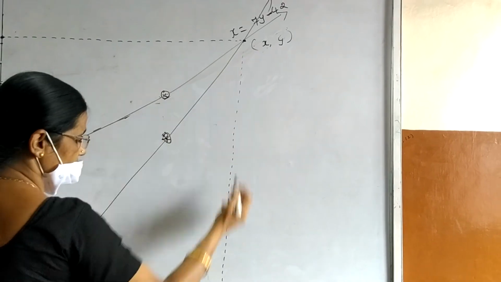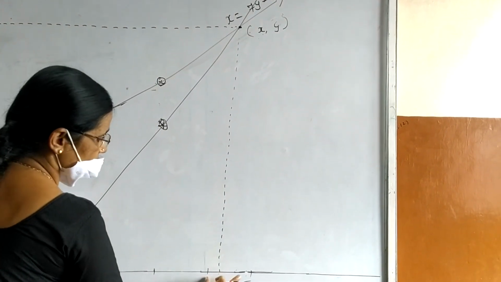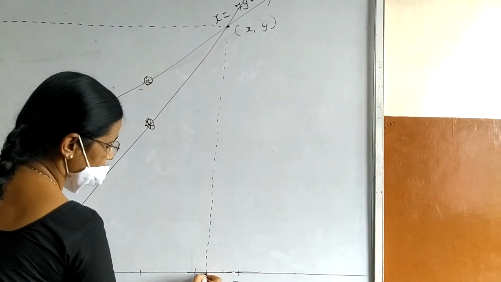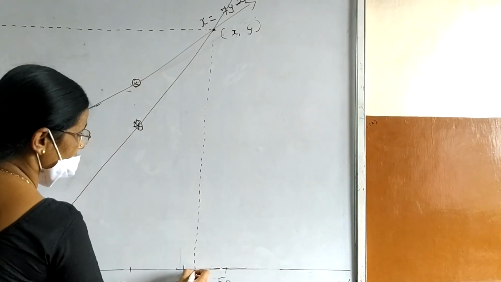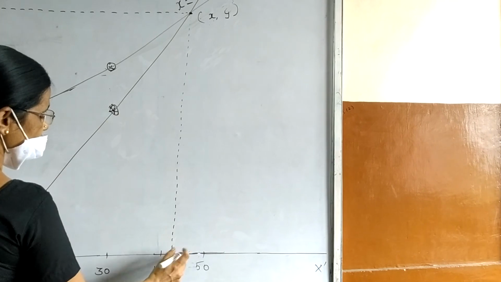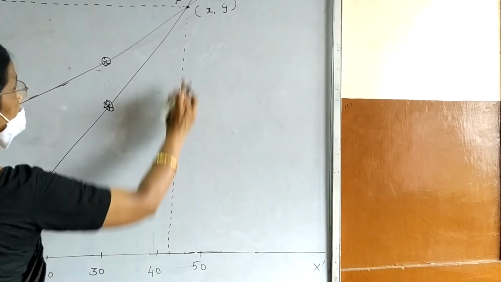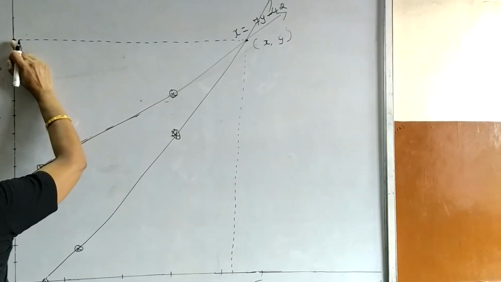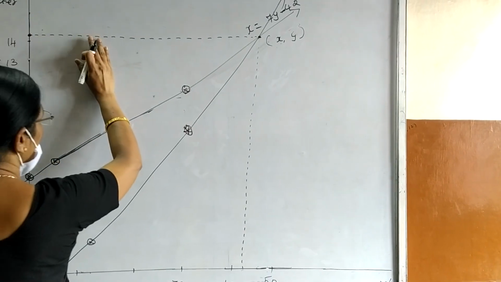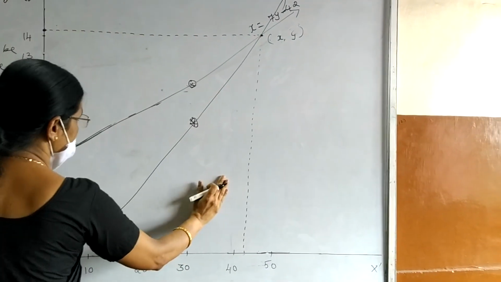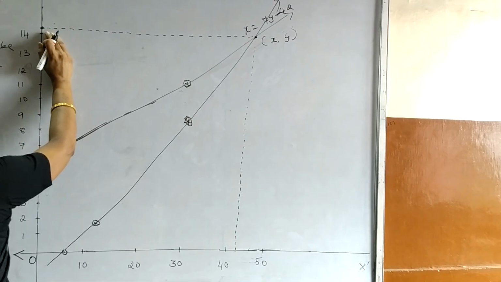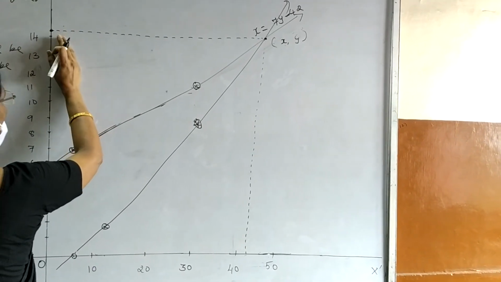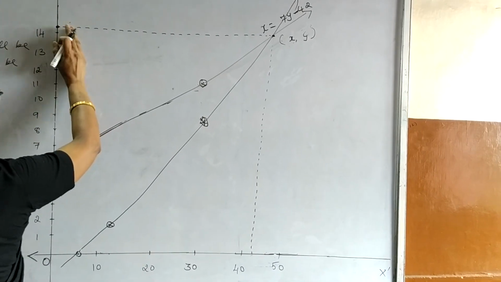So here x equal to 42 is between 40 and 50. I think it will be the second smaller line after 40. So this is the value of x. So the present age of the father is here 42 and the present age of the daughter will be this. Once again I tell you, the graph is only a rough representation. It is not drawn with proper scale. So when you do it in the graph notebook, you will get exactly the accurate answer.